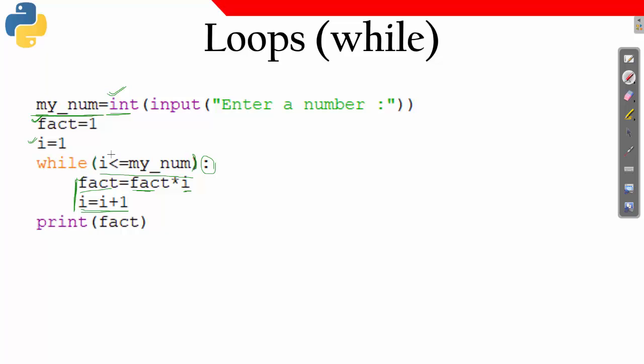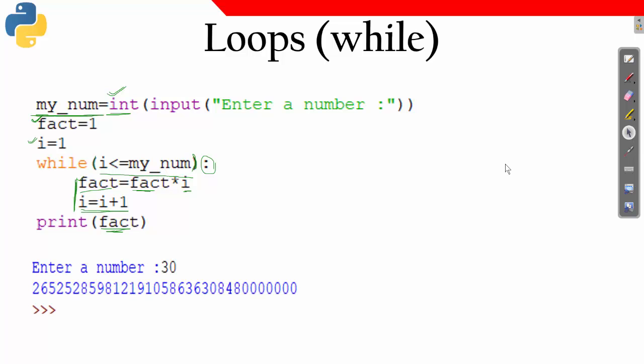Once it becomes greater, it will come out of the loop and the value will be printed here. Okay, so the output will be like this. I have not seen any programming language, in C or C++ or Java, that can get the factorial of 30.